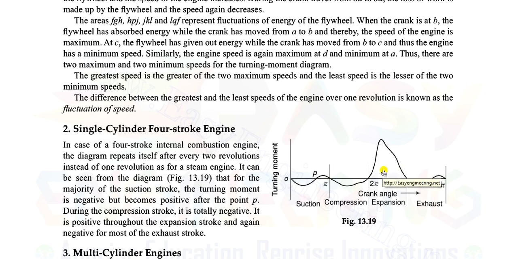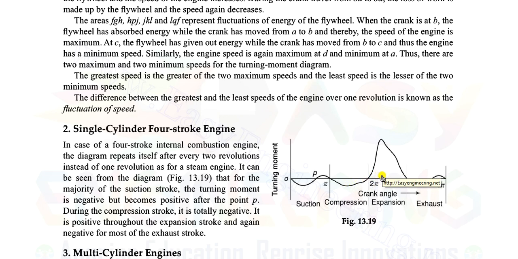So just for example take this, and for example this engine is working in your bike, which is real. Okay, so if you are not using a flywheel, what will the problem be? Like in the suction stroke it is not generating power, so your bike will stop. And again the compression stroke is a negative stroke, meaning negative power, so you have to give power to the engine. Your engine is not producing any power, so again your bike will stop.